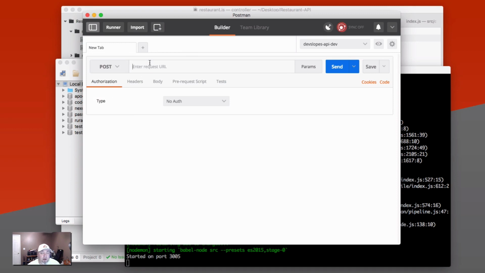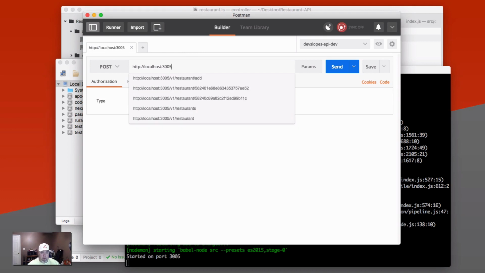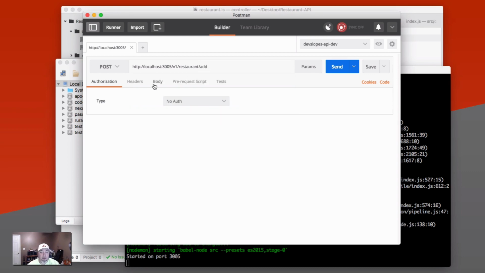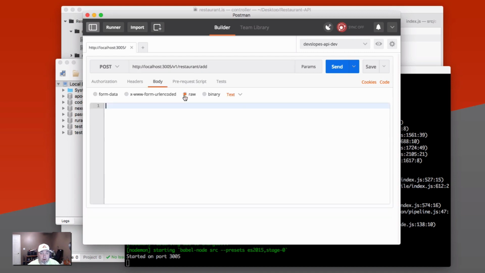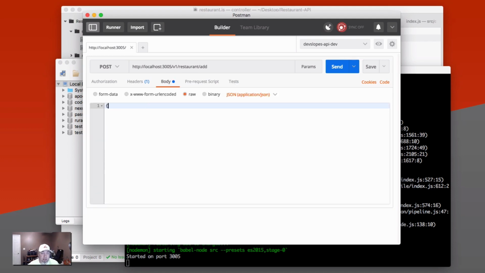So this is going to be a post call. And we're going to localhost port 3005. And the URL was v1/restaurant/add. And then we can click on body and do raw. And in this drop down, pull it down and choose JSON. Now when we do that, it's going to add in this content type header here. Okay, so in the body, we'll just put our curly braces. And then here we can just put name, colon, and then